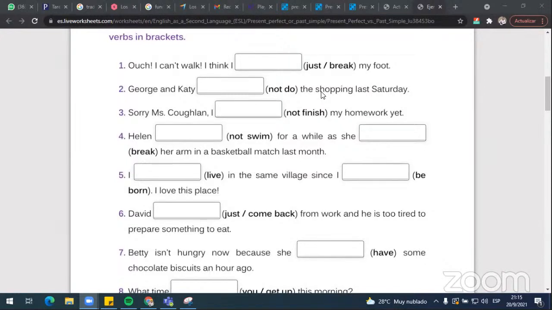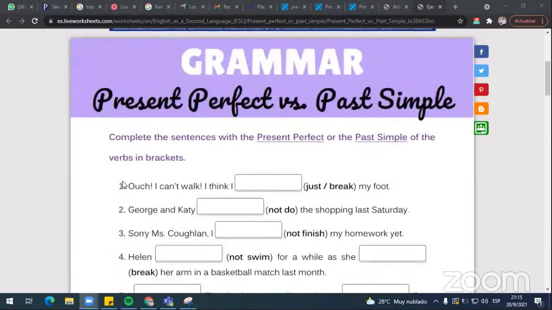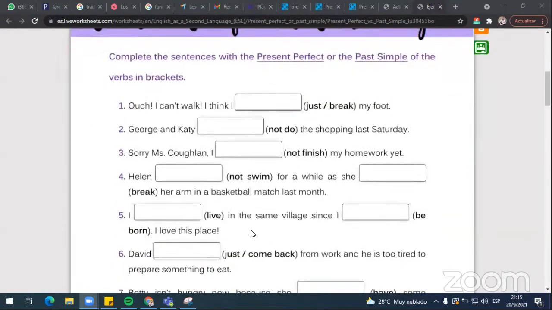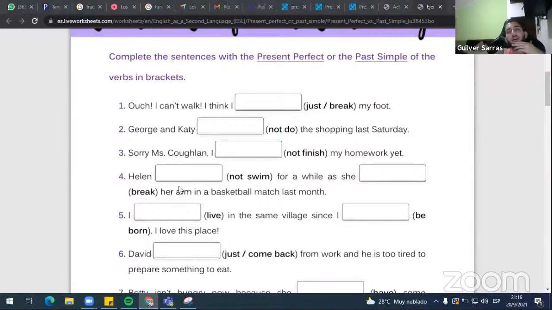Okay, let's see the first statement. Is it present perfect or is it past simple? Okay, let's see. Let's read it. Gilbert, can you read number 1, please? Ouch, I can walk. I think I